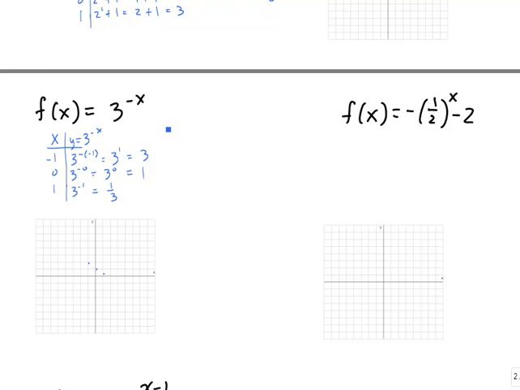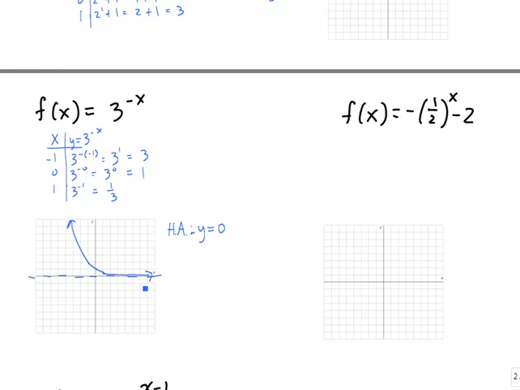And if I keep in mind the horizontal asymptote, remember every horizontal asymptote occurs at y equals 0 if we do not shift vertically up or down. And this one does not have a vertical shift because there was no number added or subtracted. So this horizontal asymptote should stay at y equals 0. So if you want to sketch in that little dashed horizontal line, just to remind you, then this is going to be an exponential decay graph because it's rising up to the left and skimming this asymptote off to the